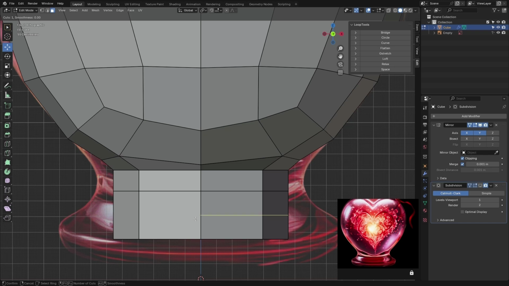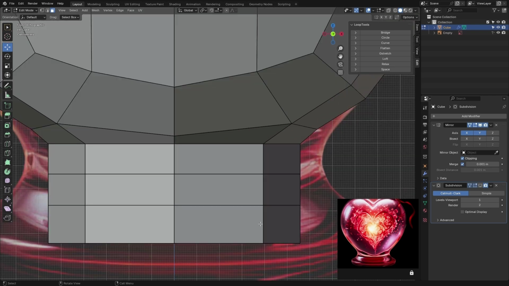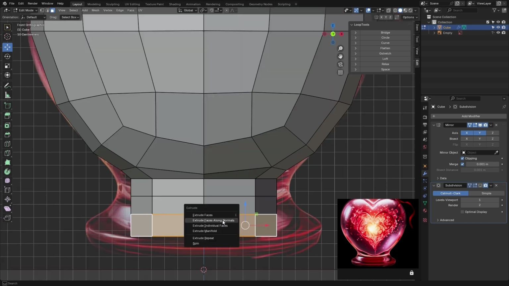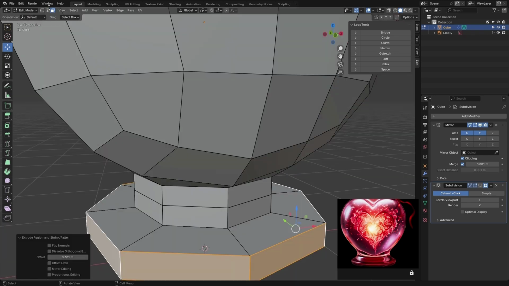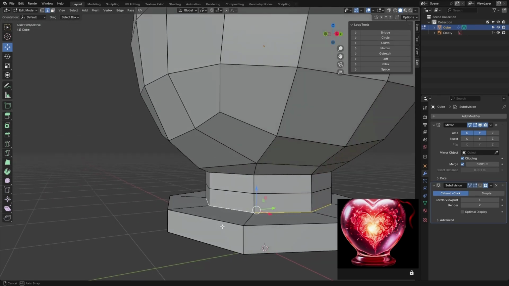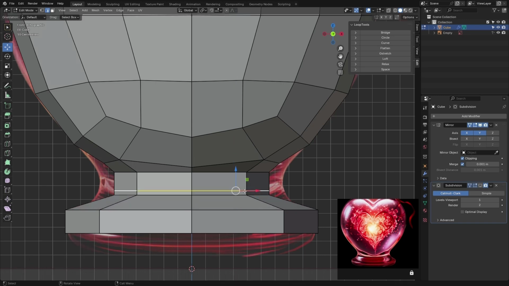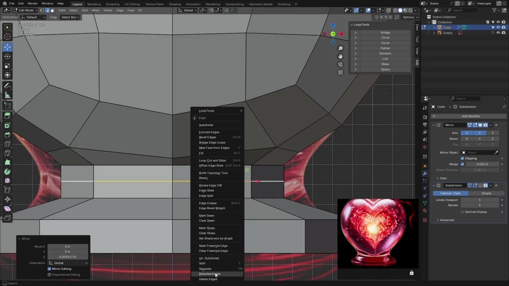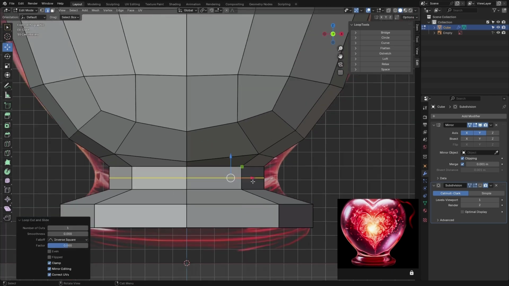So Ctrl R and maybe this much. Go to face and near this edge, Ctrl Alt and click. Alt E to access the extrude panel and go along normal face all the way to here. Right now we need to make this edge loop go a little bit higher here. Alt click on this one also. Go right in the middle, or right click, dissolve it, Ctrl R, click to be at the middle, exactly at